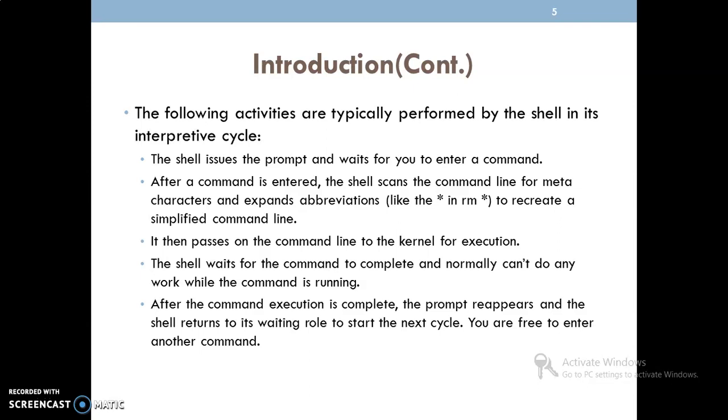That means if a particular command is executing, the shell is in an idle state. Once the command execution is complete, the prompt reappears and the shell returns to its waiting role to start the next cycle. We are free to enter the next command. So these are the normal activities performed as part of the shell interpretive cycle.